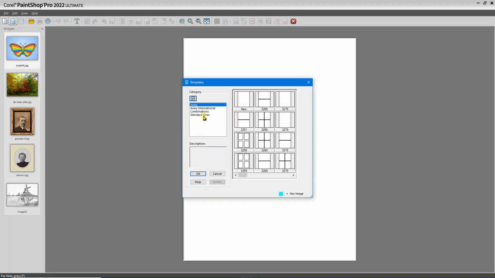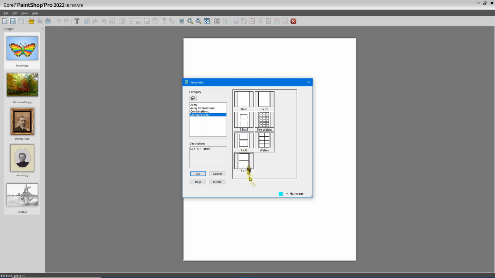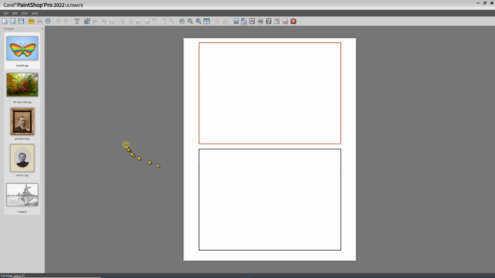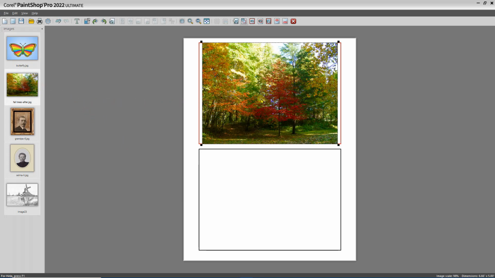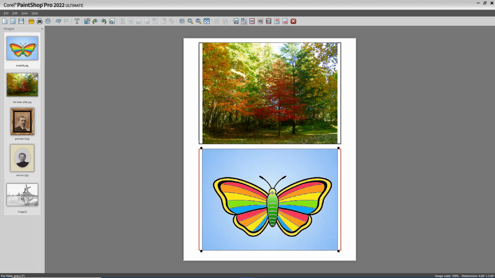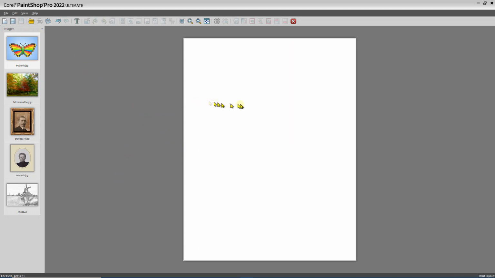For example, if I go to the standard sizes and go to 5x7, okay, maybe I want to drag this fall trees into this 5x7 box, and maybe I'll drag the butterfly into this 5x7 box. And there are more options. If I'm not printing to a template, I can print multiple images arranged any way I like. For example, I can drag this windmill image into the space,